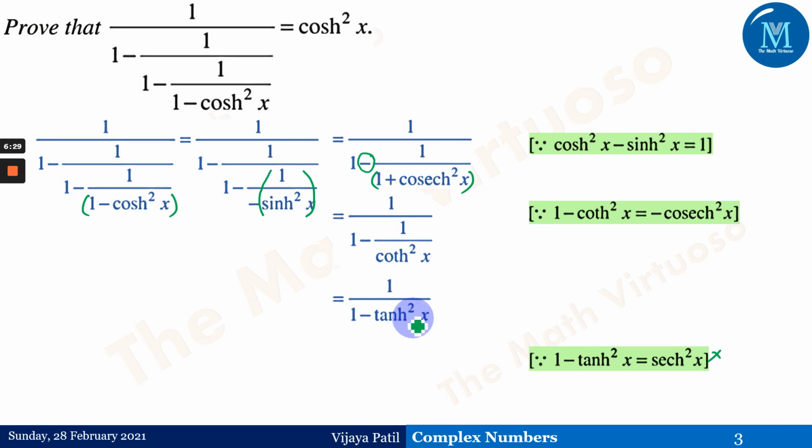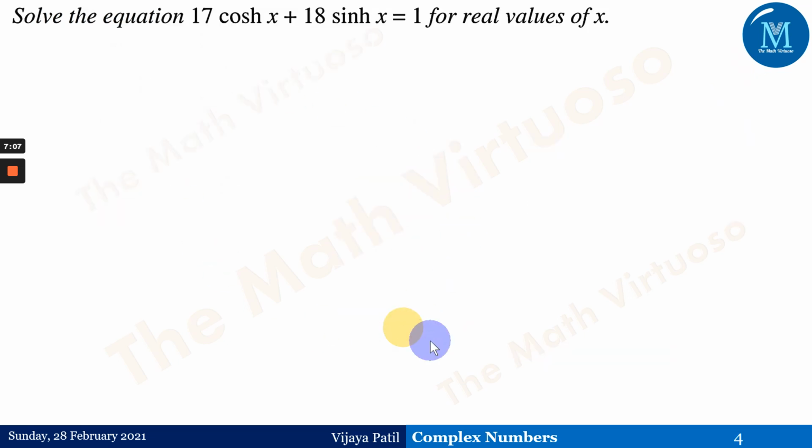So this is the fact we have used here, right? 1 upon cot we have written as tan hyperbolic square x, and just by cross multiplying we get it like this. So 1 minus tan hyperbolic square x is equal to sec hyperbolic square x, and this can be written as cos hyperbolic square of x. This is just by the basic formula we defined in the previous session. We have used the same thing here.